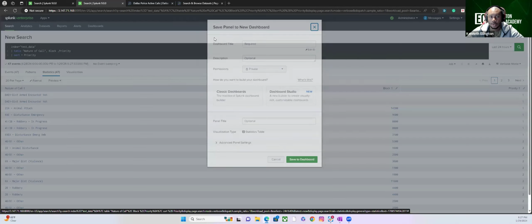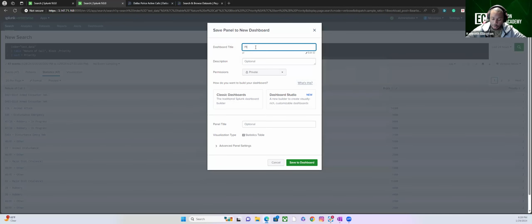So you can go to new dashboard, title, police data for Dallas, description, overview of police, the city, Dallas, classical. This will be, you can say priority